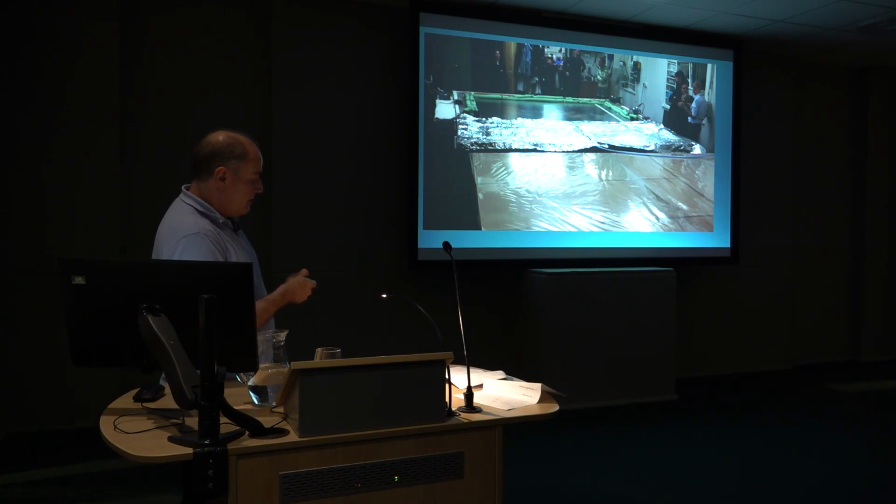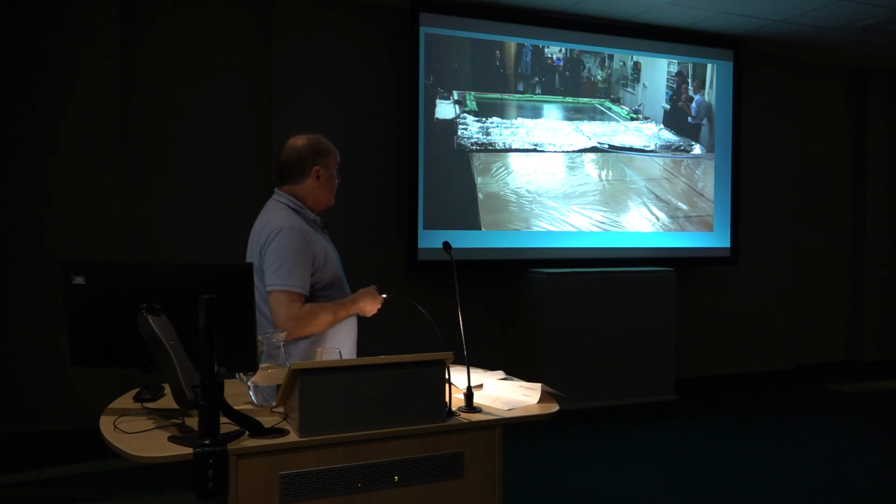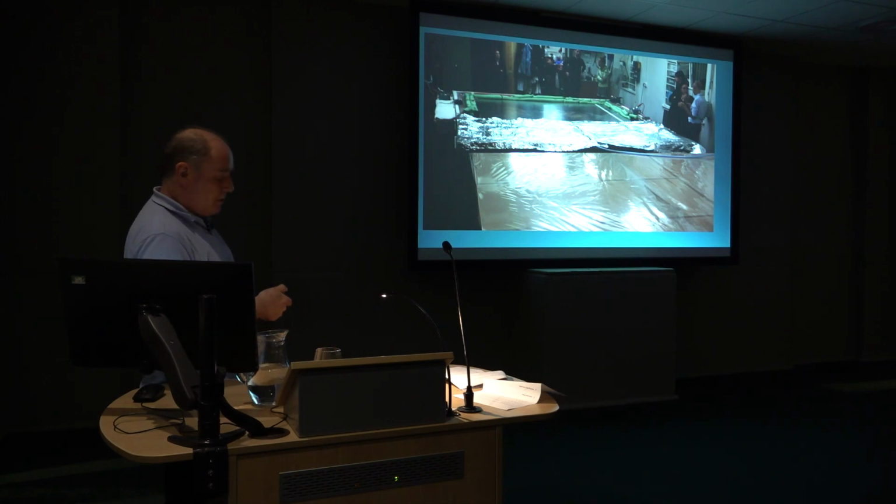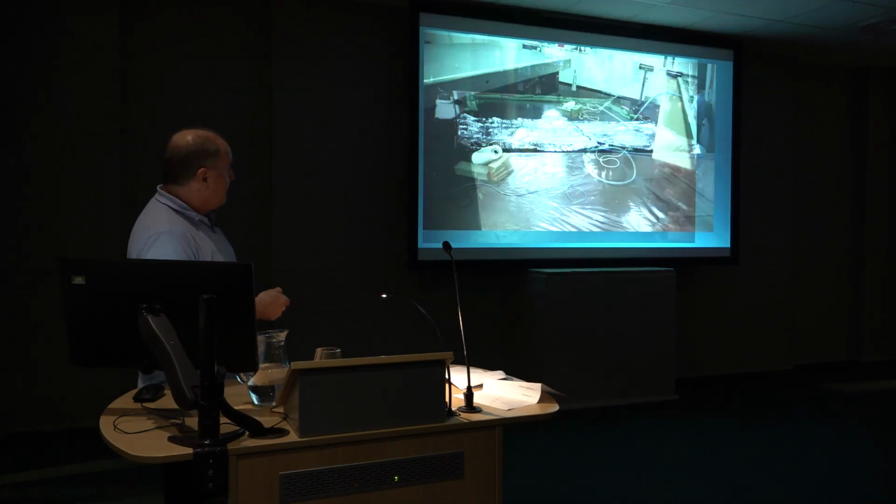So this is the half which is on the table being heated here, and the unheated half is here. So we put domestic blankets, just heated blankets for the bed, on top here and covered it with aluminium foil to retain the heat. And that gave you a temperature of about 38 degrees at the top of the picture. And also,